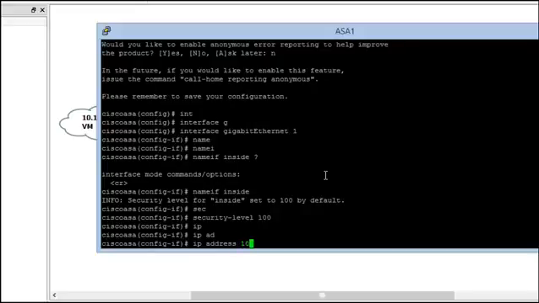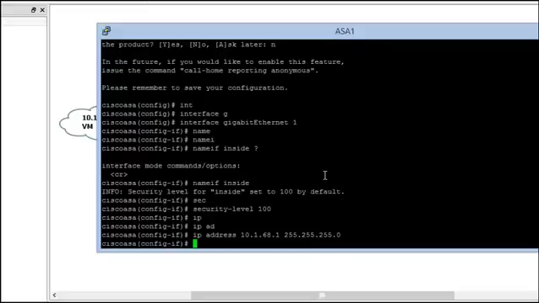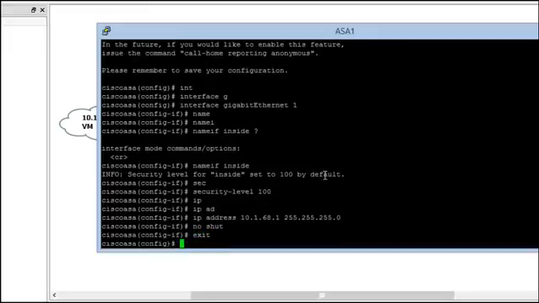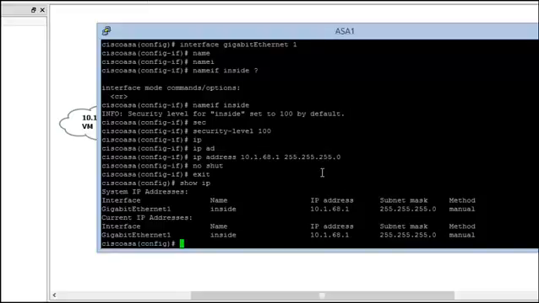And then we're going to say 10.1.68.1, and then the subnet mask would be 255.255.255.0, sorry. And then we're going to hit enter, and then our magic command that brings it back up. Boom. Okay, so now if we exit that interface configuration and we do show ip, you can now see